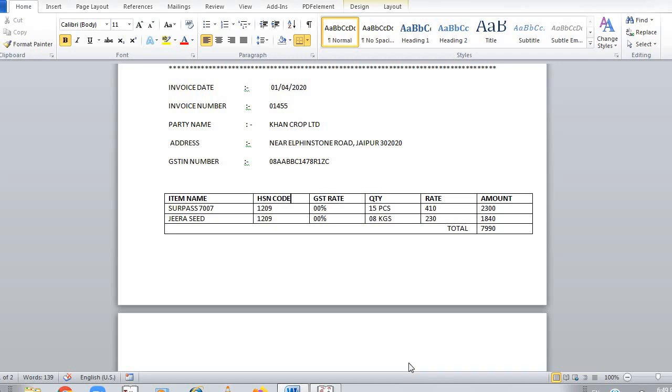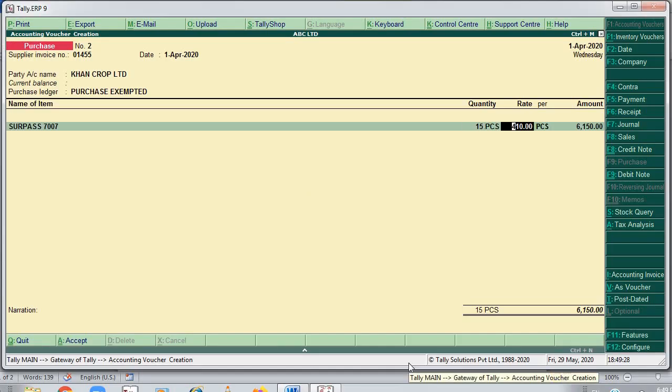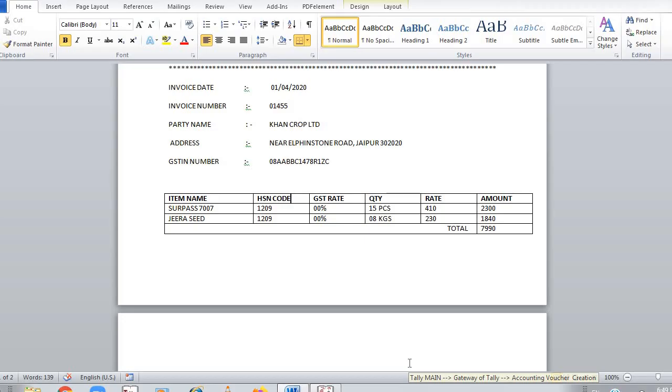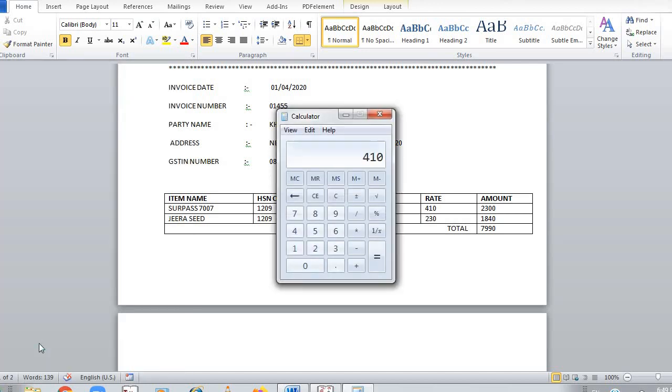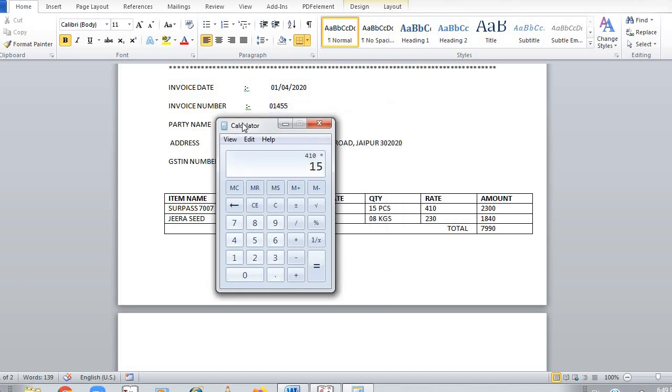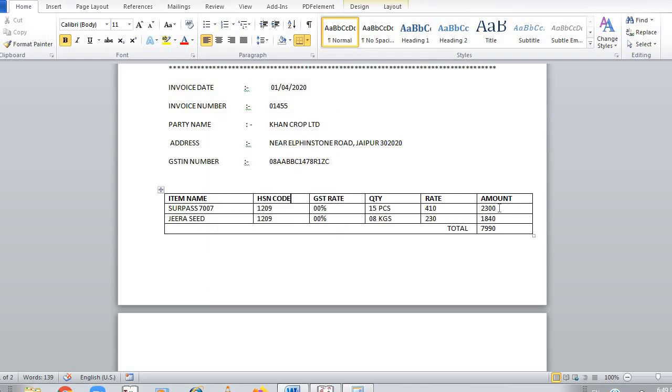Piece, 410. So this is 6150. In the invoice it is wrong.